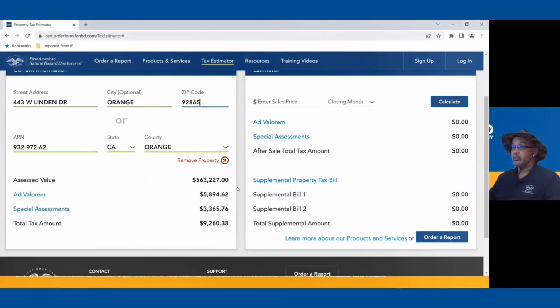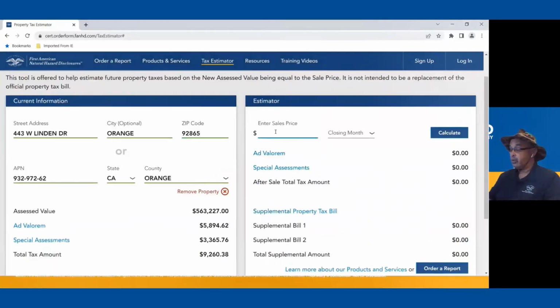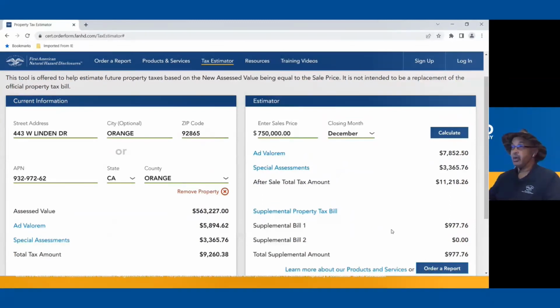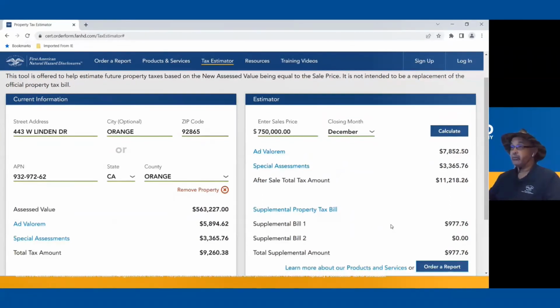And current assessment information, as well as taxes, enter sell price, and closing month, December, calculate, and there is the after sale tax amount as well as the supplemental tax bill that will apply to the property or that the buyer will receive.